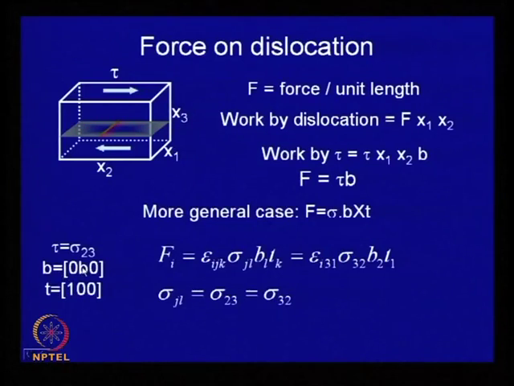In this case only the B 2 component is non-zero, B 2 which is equal to B. So, l can have value only 2. Similarly, the suffix for T can be only 1, because T 2 and T 3 are both 0. So, most of these are fixed, this is 1, this is 2. Therefore, this component l is 2, we write 2 here. Let us see what can be the value of